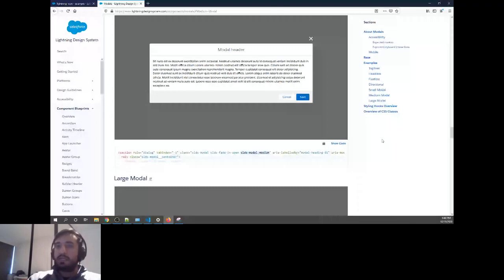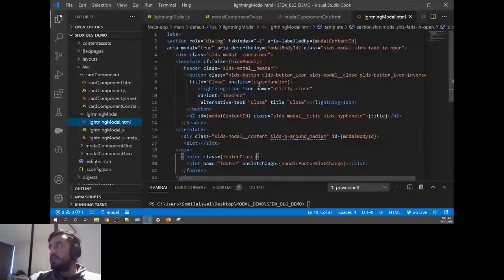So I'm already expecting something from the parent to pass me to apply the classes. And if you see here where they are applying the classes, they are applying them in the section tag, that is the first tag where we are using the SLDS model. So I'll go and show you where they are using that class here. By default it is extra small, but in the component we're gonna give only 3 options: small size, medium size, and the large size.